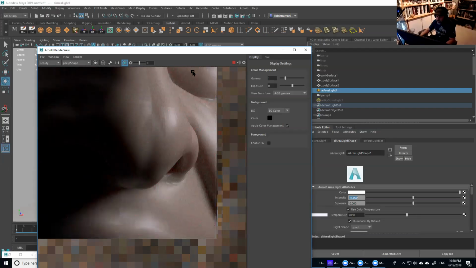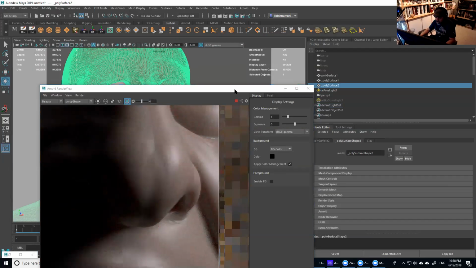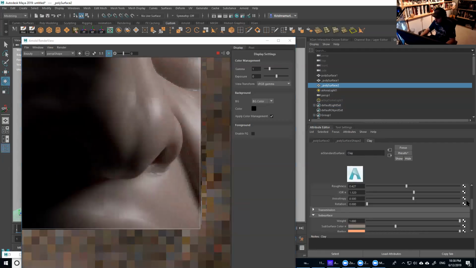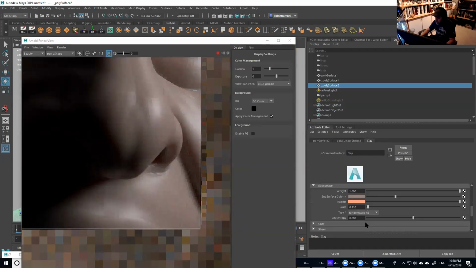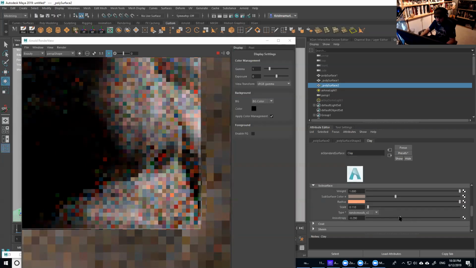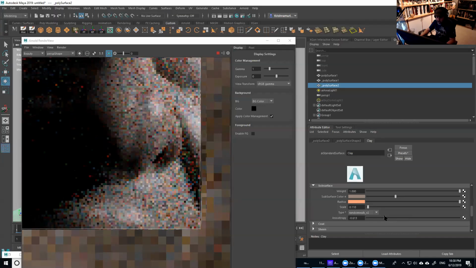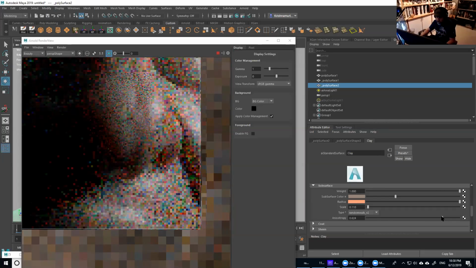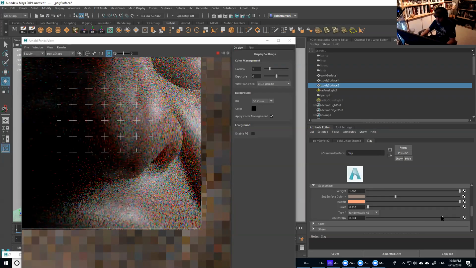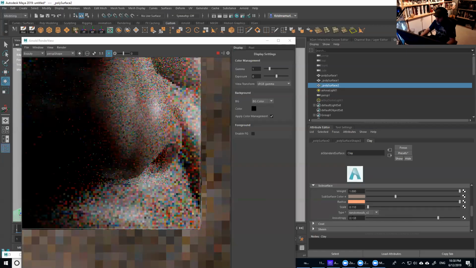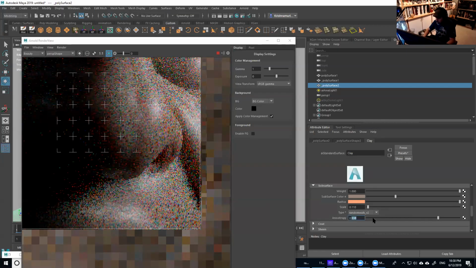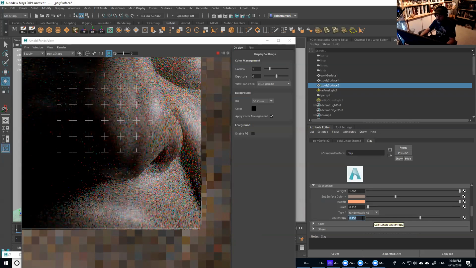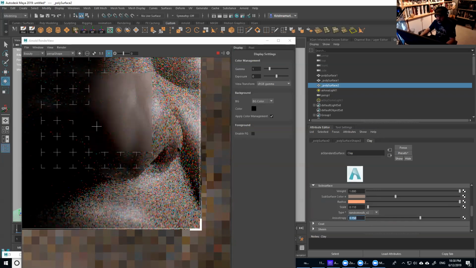One thing I normally do is add some more front scattering for the skin. The way you control the front and back scattering is by using this anisotropy control here. Basically, this is more back scattering, and this one is more front scattering. So you're going to start seeing a little more of the scattering showing up like that. It gets more and more red. See? For this one here, sometimes I use around 0.15, and sometimes 0.2, and that normally gets me a little more natural results with the skin.